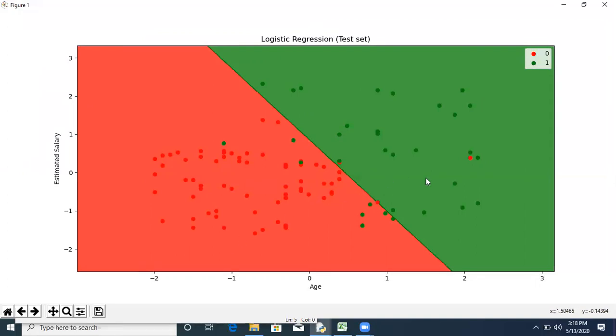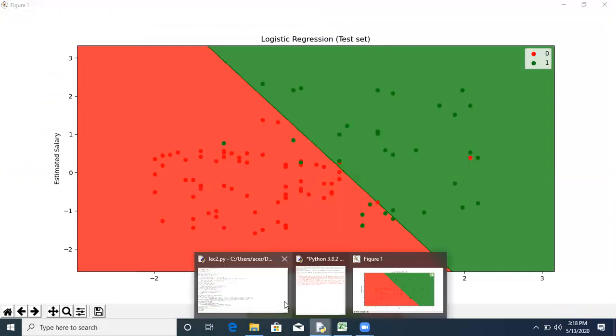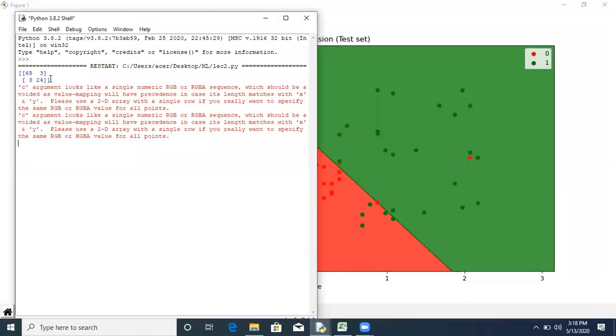And the accuracy of our algorithm is decided by this confusion matrix. We have printed this confusion matrix. As I already told you about this, the first value indicates true positive. The second value indicates false positive, 3. False negative is 8, and true negative is 24.